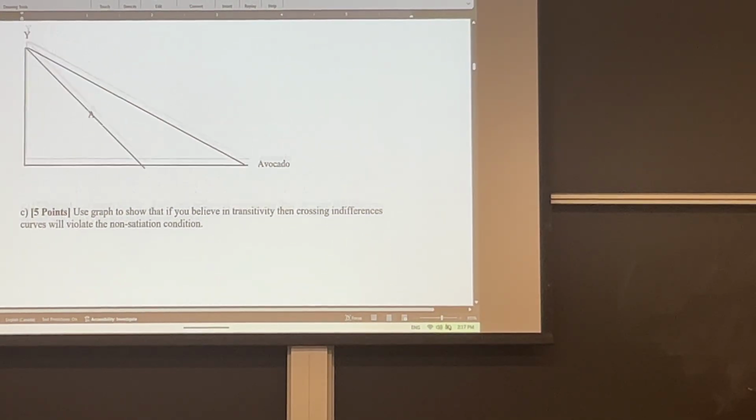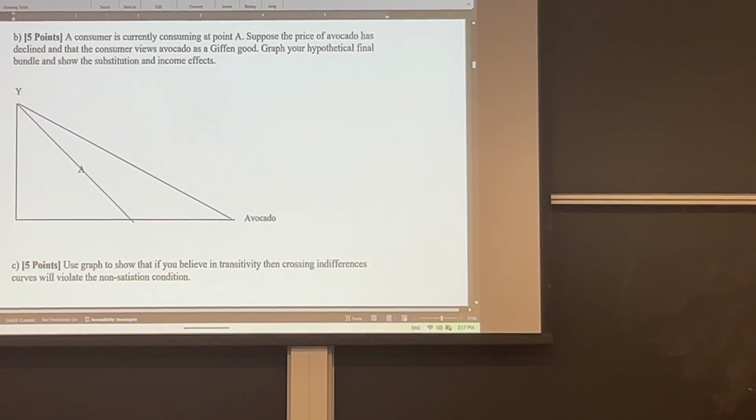Next one is graphing income substitution effect for avocado, which is a Giffen good. It's not, but that's what it is there. The way you graph it is you identify the substitution effect. That is regardless of whether the good is Giffen, normal or not, that's sort of the same thing always. Then you figure out where to put the terminal point, that is based on the nature of the good. So the first thing you do, you graph the initial indifference curve, i.e. the indifference curve on